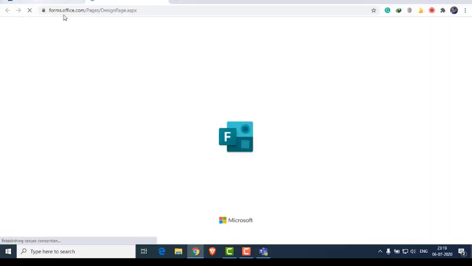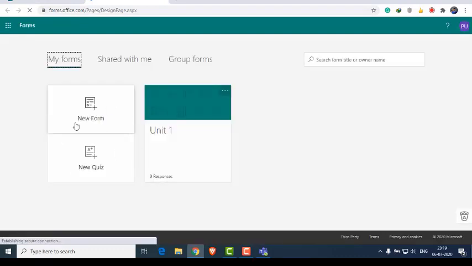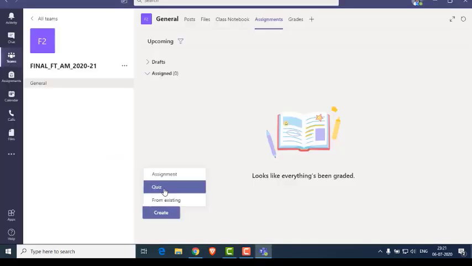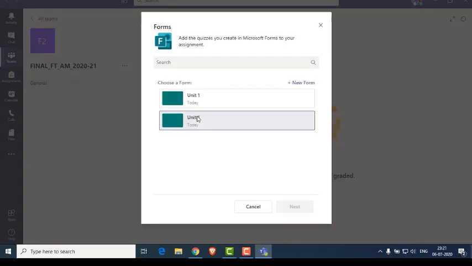It will open up with this tab, wherein you need to be logged in with your credentials. If it is only the new form, then it is a kind of assignment. But if I click on the new quiz, it will be added as a quiz. Already I have told you, an assignment is a kind of non-graded one, though marks can be assigned to this, and the quiz is one wherein we can ask multiple questions, and show some pictures and take the answers from the students.